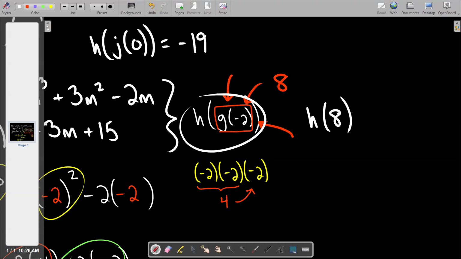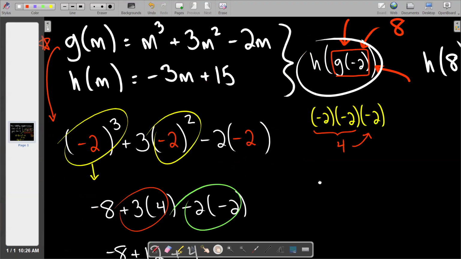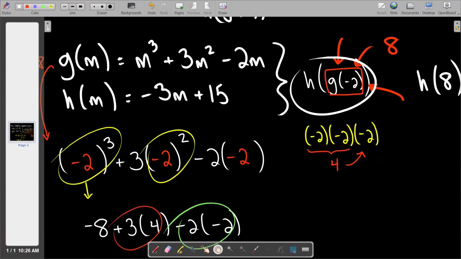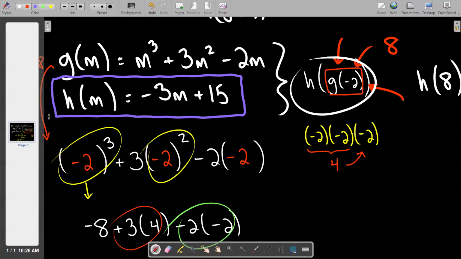And this will be a lot easier now because the h function is a lot simpler. It's this one. I'll circle it in purple, put a box around it for you. And that's one that I think we can all just do in our heads. That's one of the simple guys. So if you take 8, follow my long purple arrow, here it comes, and you put it right there in that math problem. What's -3 times 8? -24. And -24 plus 15